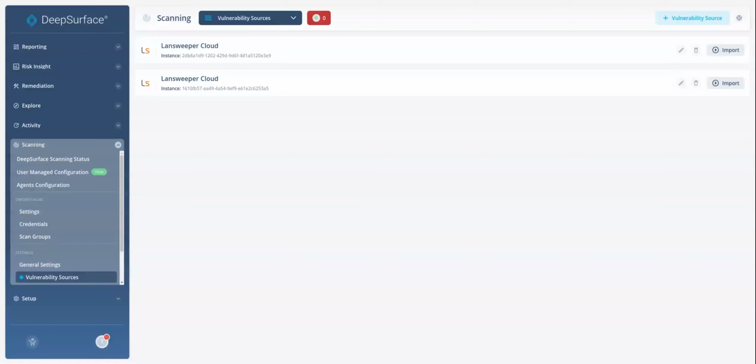Note that if you have multiple site IDs to configure, you'll need to repeat this process for each site. That is true even if the application identity code is shared across sites. At this point, Risk Analyzer will automatically begin syncing the latest inventory and vulnerability data from Landsweeper at least once